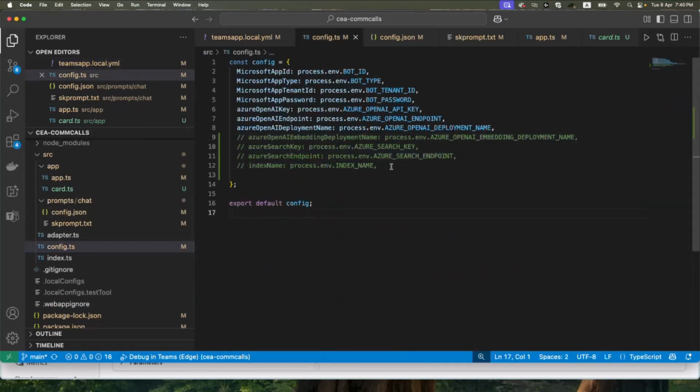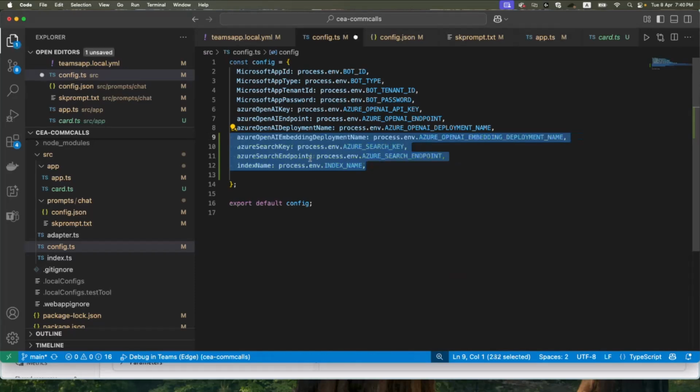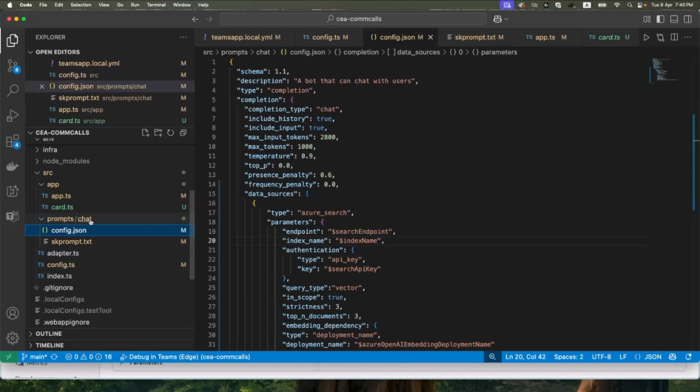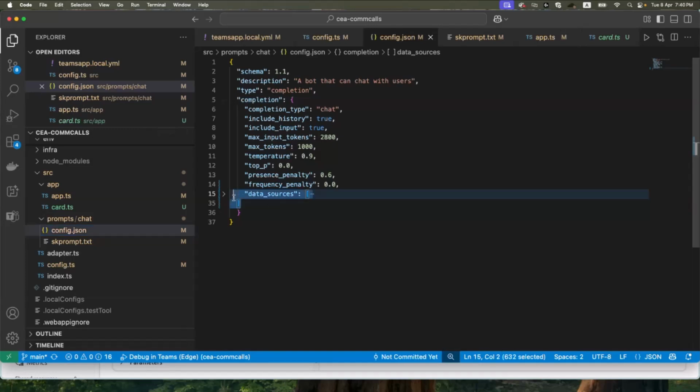And to be able to use all of these keys in our app, we should also add all of the 4 keys we've included in our env file in the config.ts too. So next step for us is actually integrating the data source, which is Azure AI Search. So if you go to prompt/chat config.json, this is the place where we're going to add the data source, and I've already added that just to make sure we have enough time to go through everything.